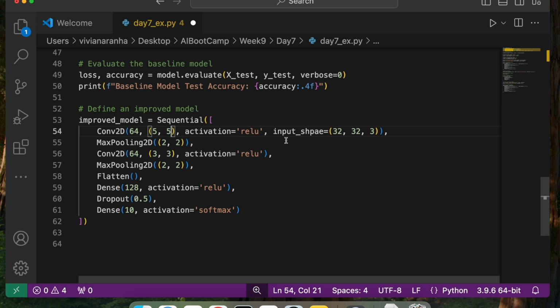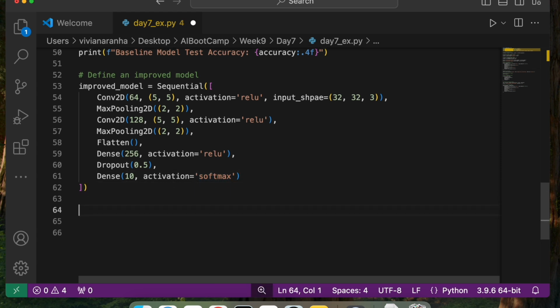Activation equal to ReLU, input shape is 30 by 30 by 3, max pooling size 2 comma 2, Conv2D. Now I'll increase this to 128, and here also 5 comma 5, activation ReLU, max pooling 2 by 2, flatten, dense. I'm going to increase that to 256, activation equal to ReLU. Dropout I'll keep the same, no problem, dense equal to 10, activation softmax.